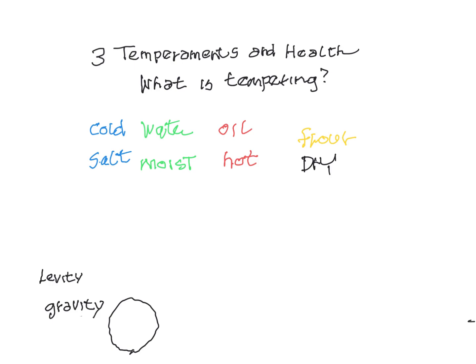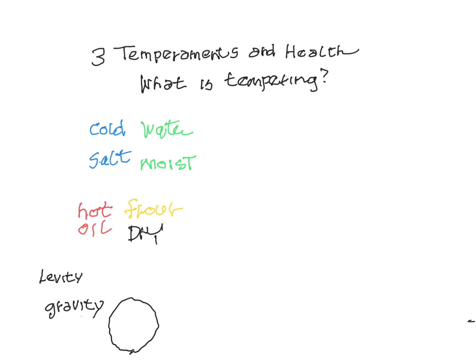So tempering means that I have to get these different qualities to balance one another. And I do that by changing the proportions of how they operate. So let's start out making gravy. We'll put hot oil, and right there in the heat, we'll add the flour, the dry flour, and we stir them together. Flour being dry and the oil being hot, they have a kind of affinity to each other because they're both kind of in a fire, hot, dry bowl.